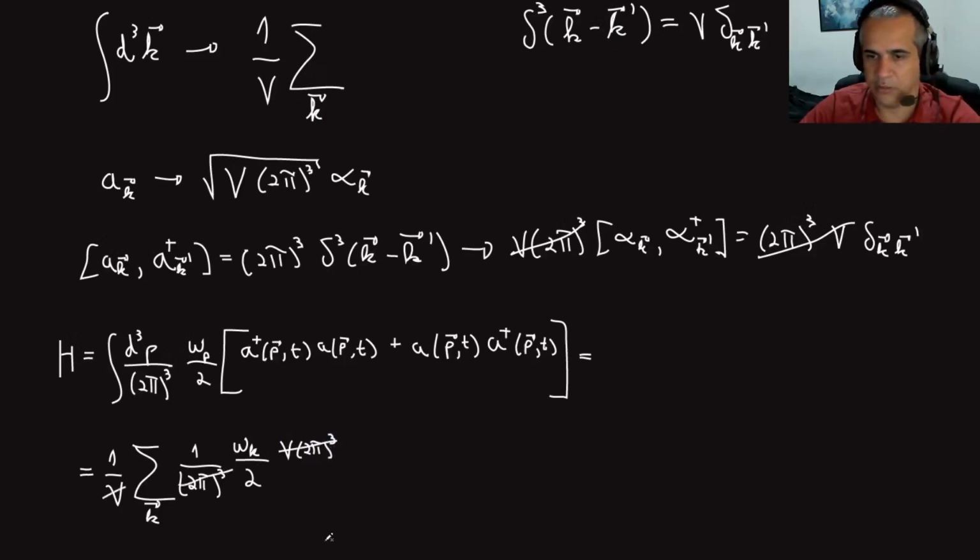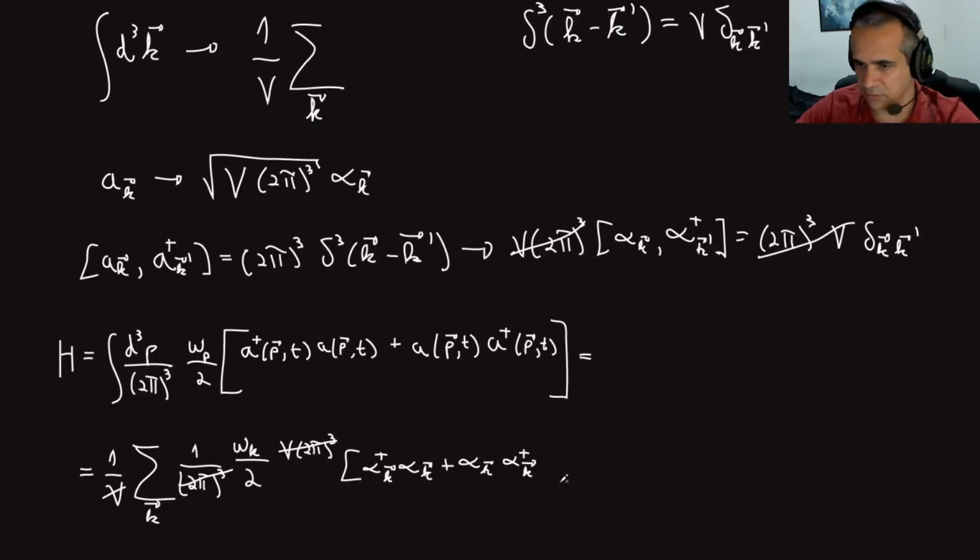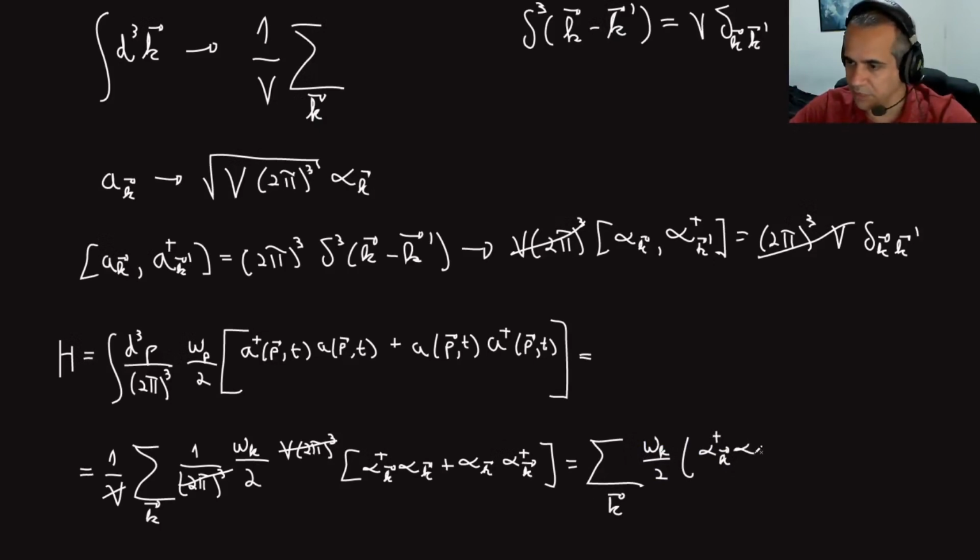Again, this goes away, right? And I get α†_k α_k plus α_k α†_k. In this case it's all the same k, which gives me a very familiar expression, which is just the sum over k of harmonic oscillators, right? As I had told you before, was pretty obvious actually, right? And this is just a sum of harmonic oscillators, and now by putting this field in a box, I made the continuous sum of oscillators become a discrete sum over oscillators,